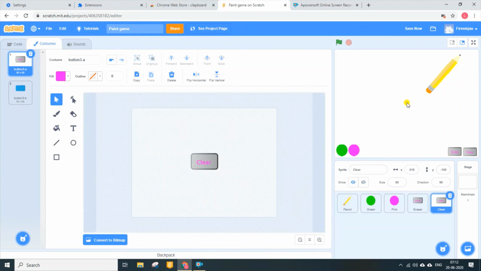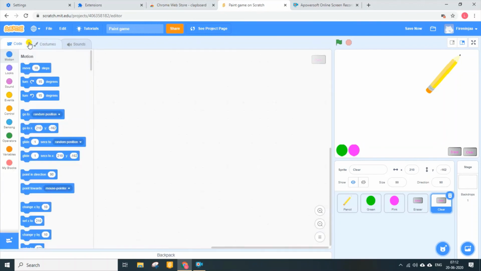Okay, so now this is how your screen looks, two buttons and two colors. Okay, now this finishes our designer view. Now we are going to go and write some code. Okay,